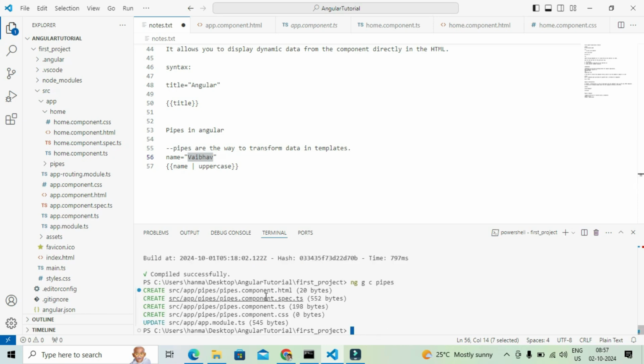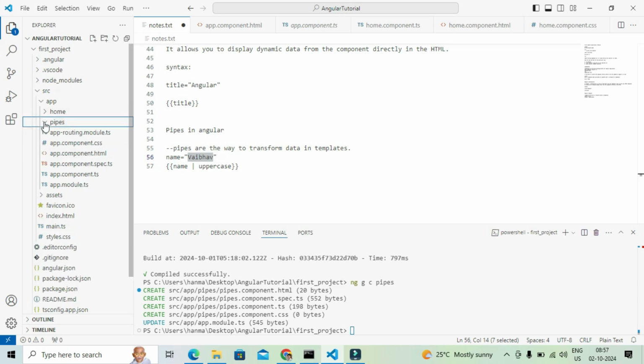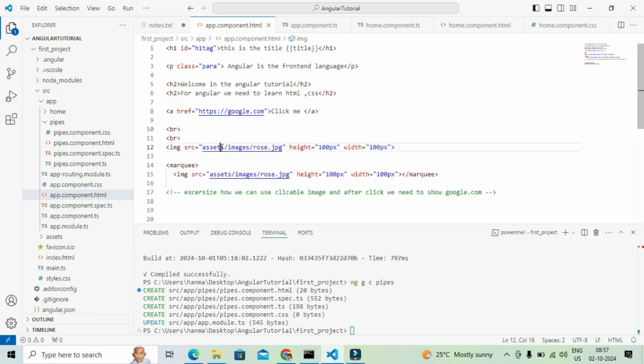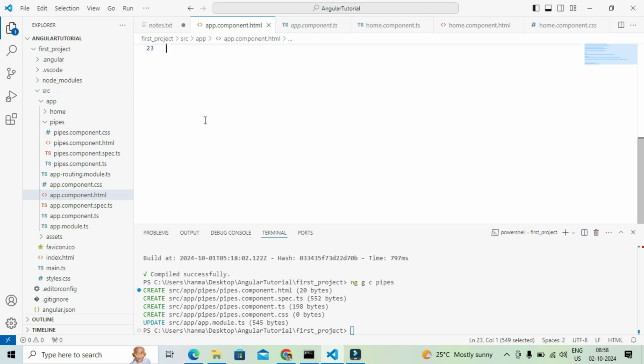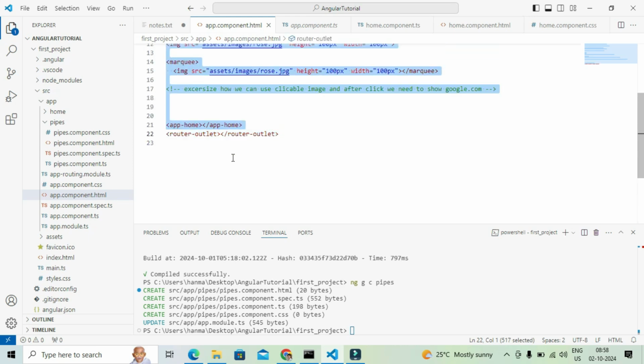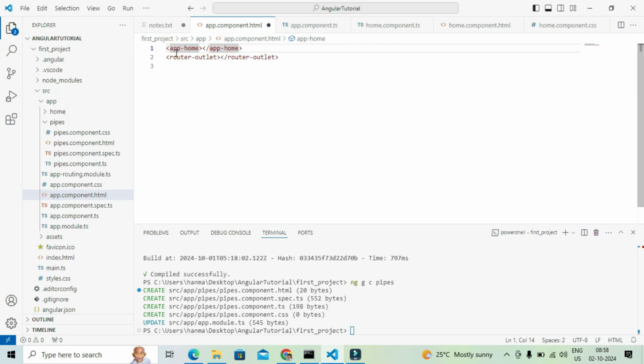The component is created here as pipes. Whatever is in the app.component.html, we will remove that and just render the pipes component there. We cannot use the home component here. We just render the pipes component, so we need to pass app-pipe here.